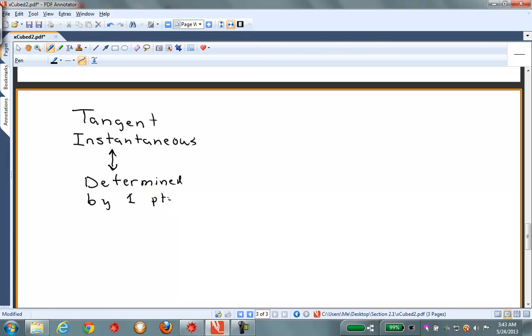And this is now called an instantaneous rate of change